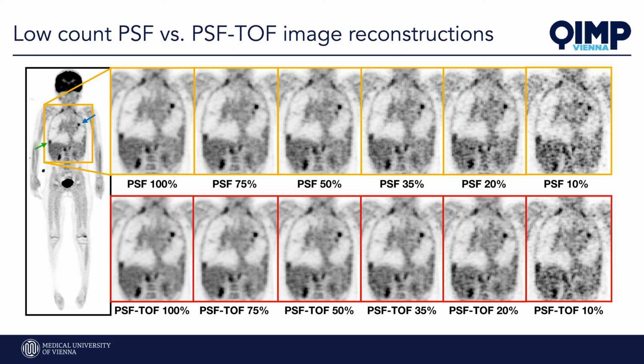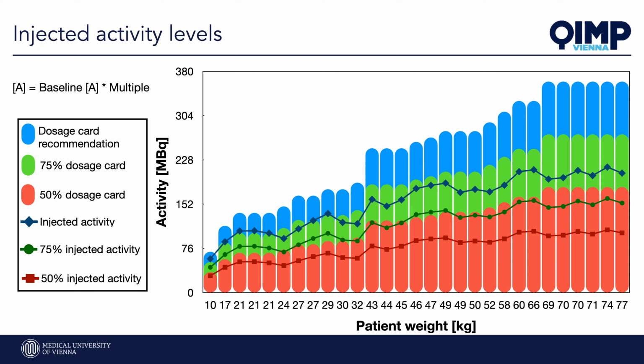As well as the same can be seen also when the TOF is there. However, when the time of flight information is there, we see a higher contrast for the images with a bit of less noise. And I mentioned earlier that there's the EANM dosage card, and for this particular patient, we wanted